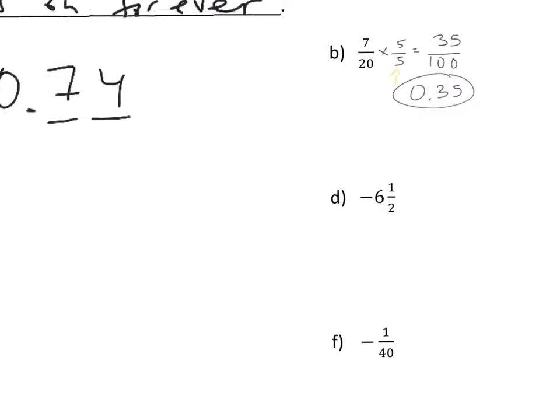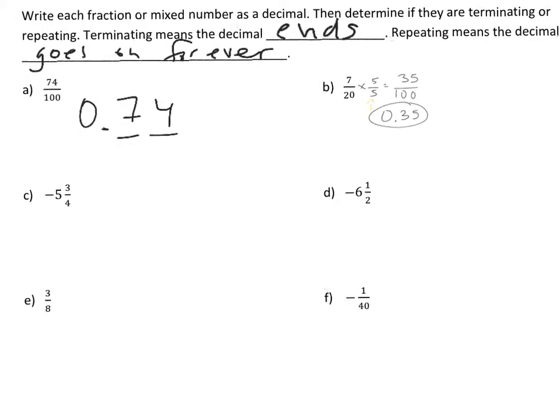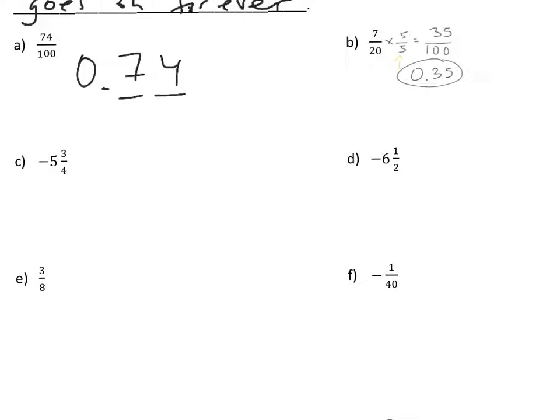Letter C. -5 and 3/4. So there's a whole number here. So in our answer, we should have a whole number with some decimals. So our answer should be -5 point stuff. Well, what is that stuff? Well, then we need to go back and look at our fraction. 3/4. We need a way to make 3/4